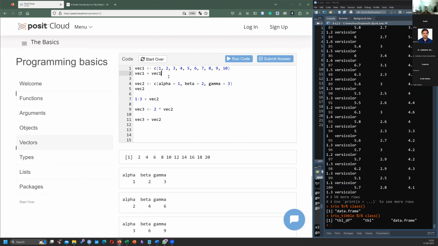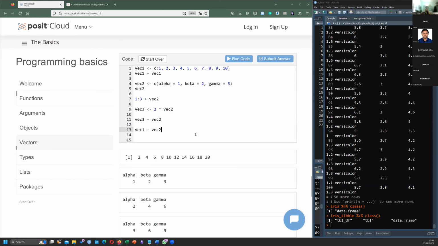Okay. This is vector 1 plus vector 1. So now the question was, if I add vector 1 to vector 2, what will be the result? Only the first three elements got added, sir. Okay. Anand, what about you? Those are the same. First three numbers will be added, remaining numbers will be the same.